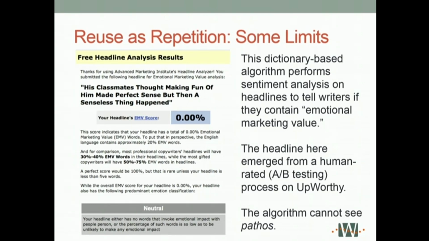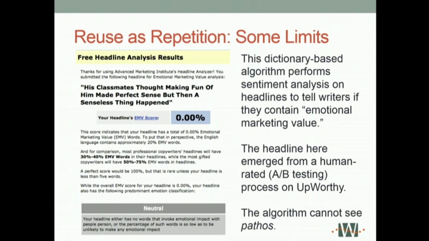Some of you might know Upworthy. They actually use human power to decide which headlines work best by something called A/B testing. They put a couple of headlines out there at a time. The one that gets the most clicks starts to win, and then the other one dies off. They're famous for these kinds of clickbait headlines like the one that I grabbed here: His classmates thought making fun of him made perfect sense, but then a senseless thing happened.